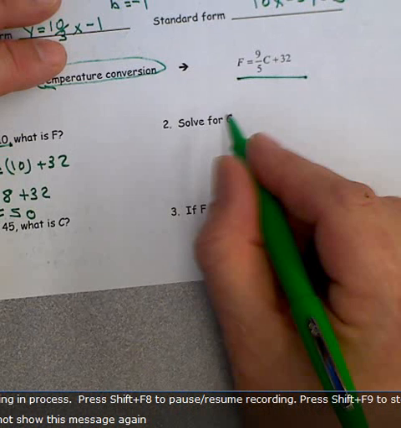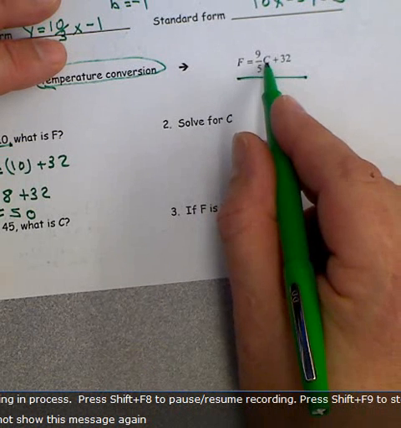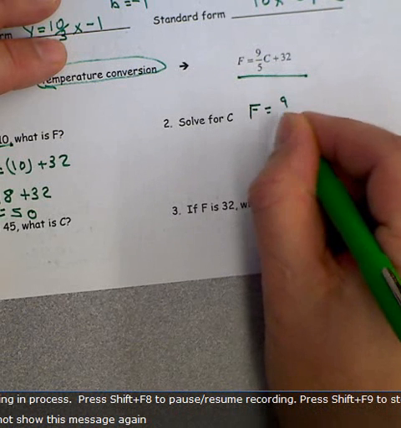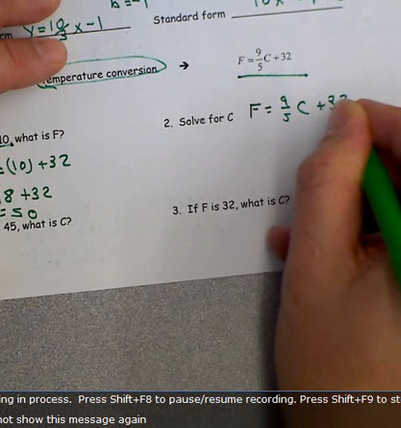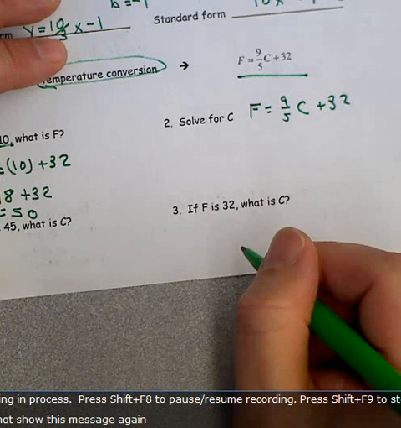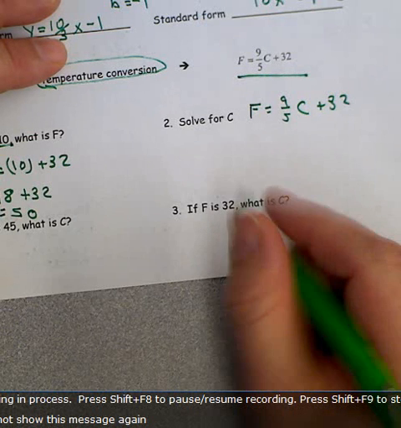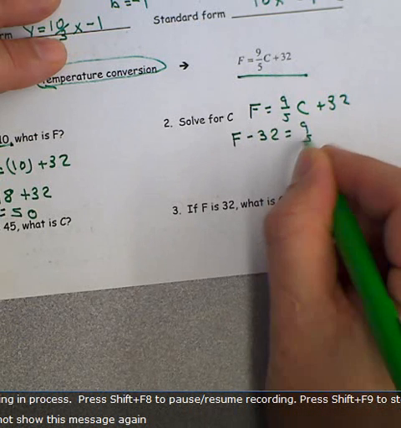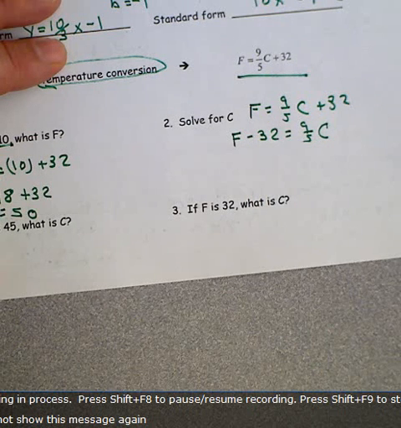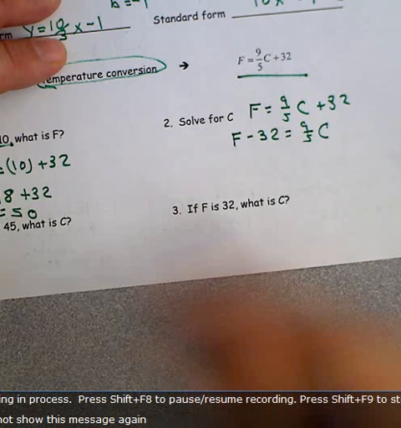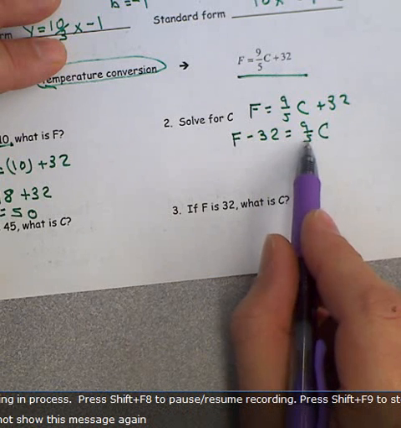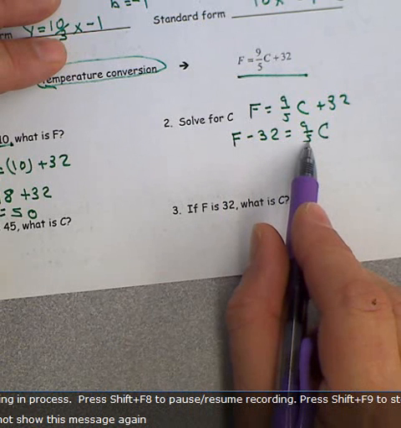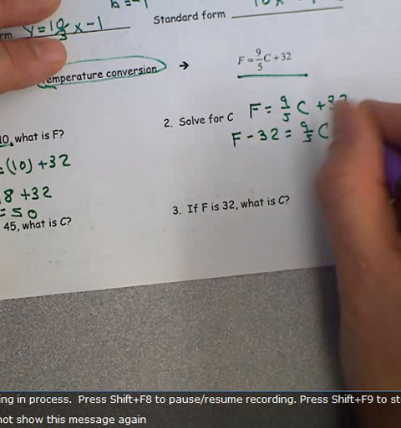If I solve for C, I want to get C by itself. So I start with F equals 9/5 C plus 32. Subtract 32 from both sides. That gives me F minus 32 equals 9/5 C. Now I want to get rid of this 9/5. I can either multiply by 5 first to clear that 5 out, or I can get the C all by itself by multiplying by the reciprocal,